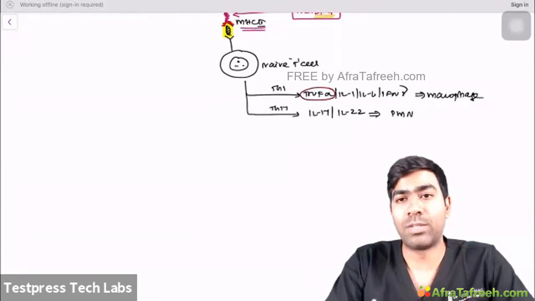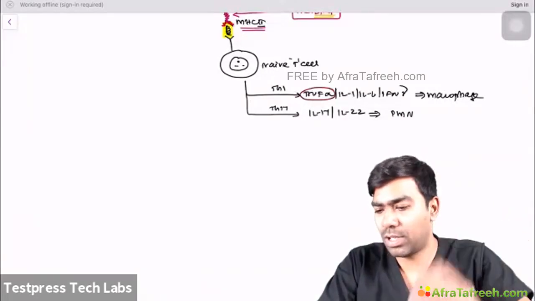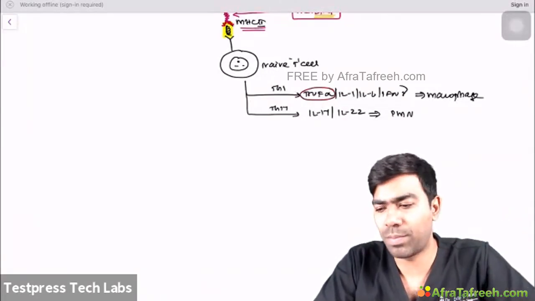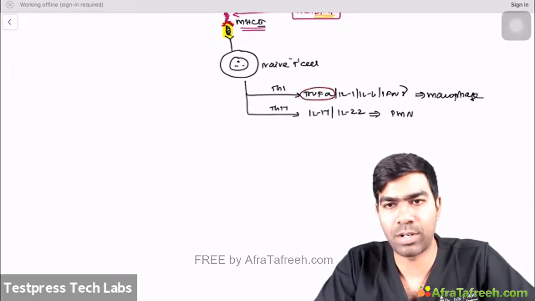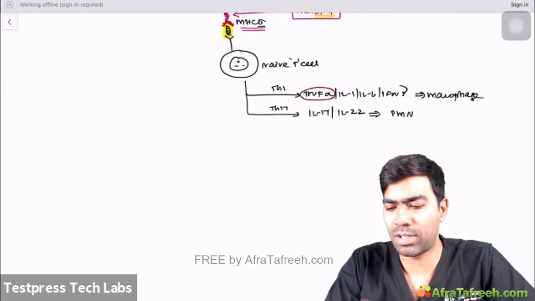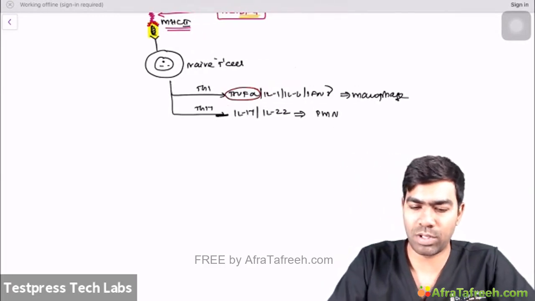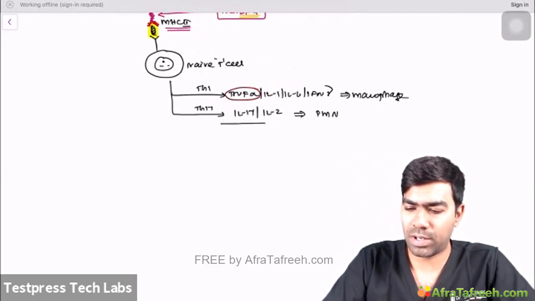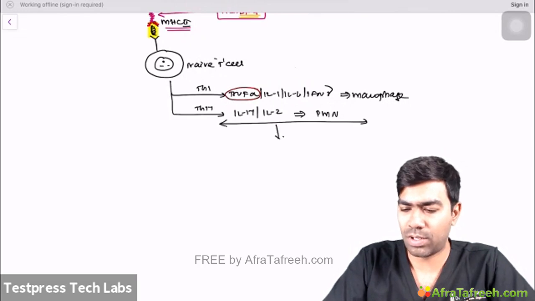Correct. So this is more of a neutrophil-based response. This is going to be more of a macrophage-based response in this particular setting. But nevertheless, we can use drugs that target these pathways. And apart from that, whatever may be the T response, and the T helper stimulation will also result in the